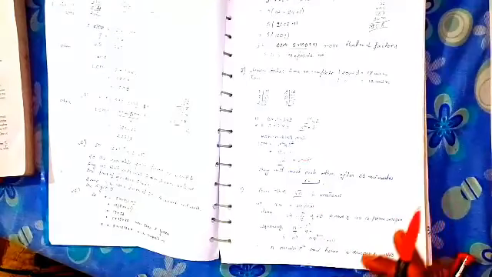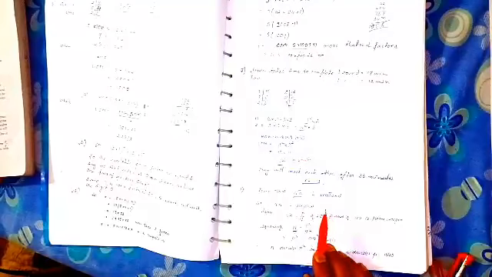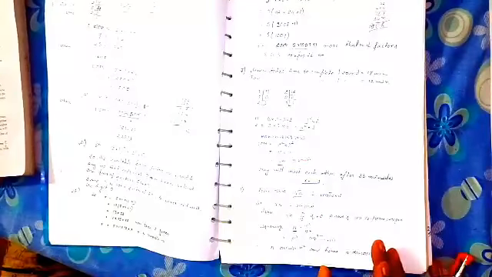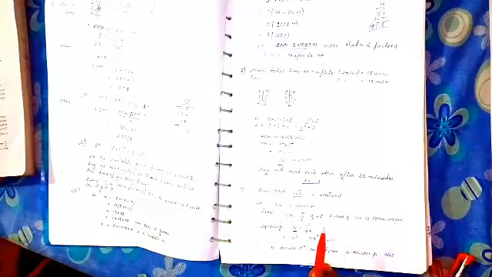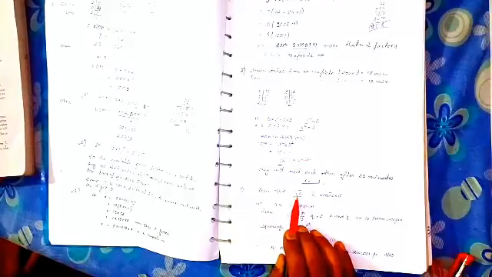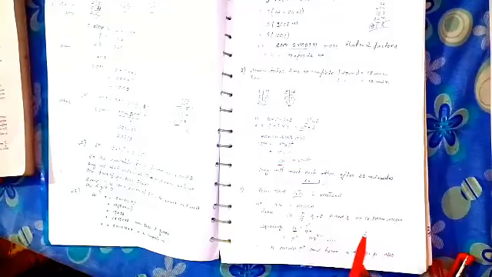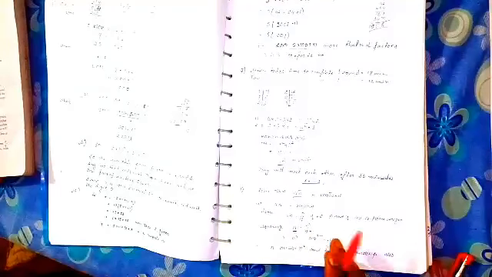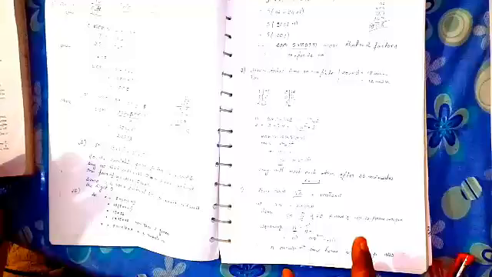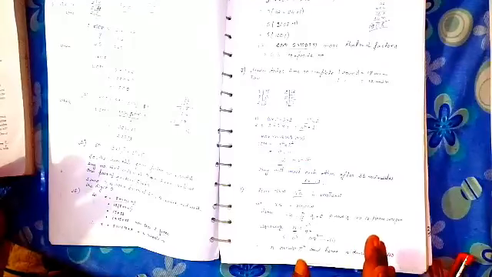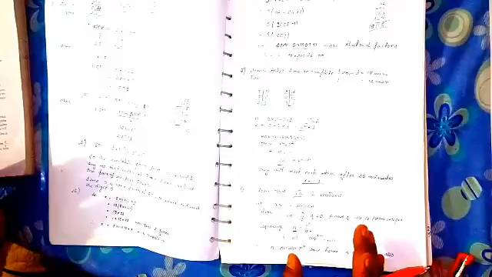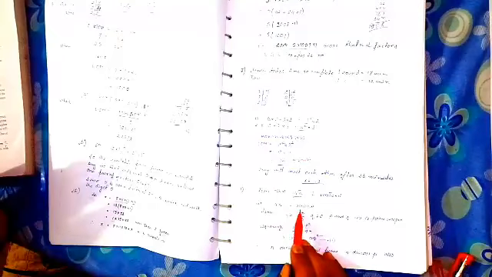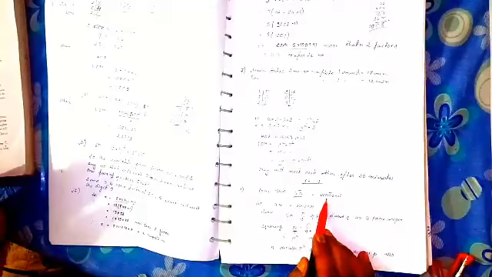Now for the benefit of the students, from exercise 1.3, in general, I am showing you one proof. Prove that root n is irrational. Let root n is rational. As we have discussed earlier in our previous videos, these are contradictory proofs. So we have to take root n as rational, because we are to show that this is irrational.